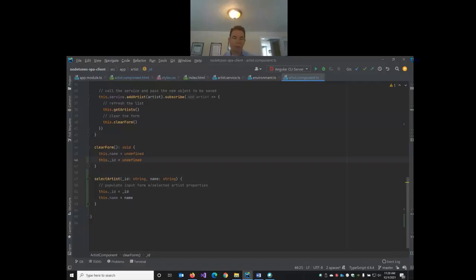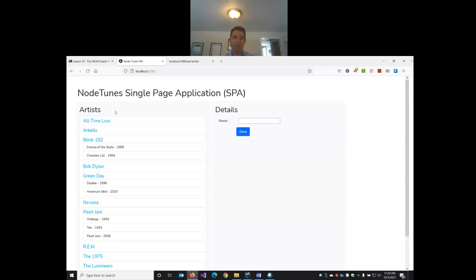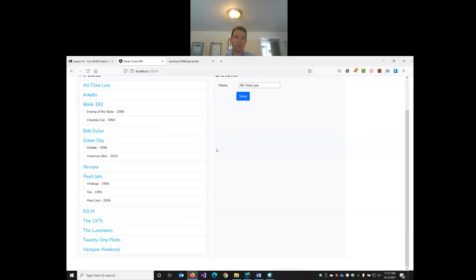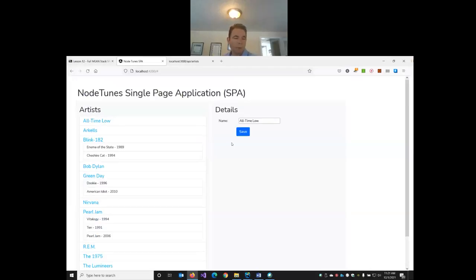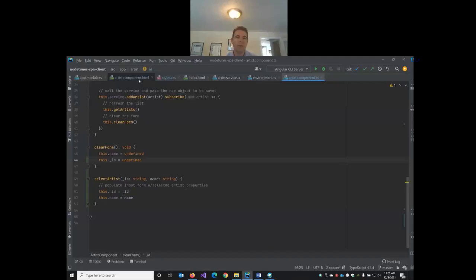So now we can start to write. Now that we can select an artist, actually, before we do delete, we should also add maybe a clear or reset button here. So I've selected an artist, but if I want to add a new one right now, I don't have any easy way to do this other than to refresh the page. We've already got a clear form method, so why don't we add a button that will automatically clear the values. So go back to our HTML,